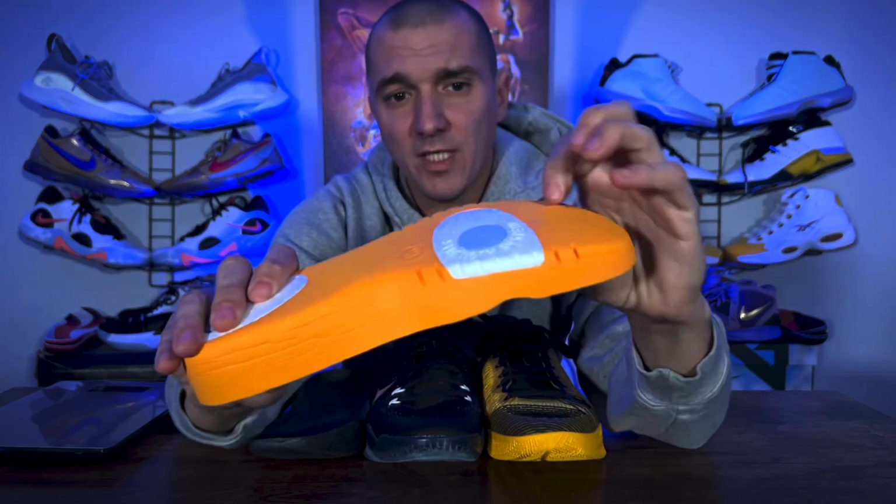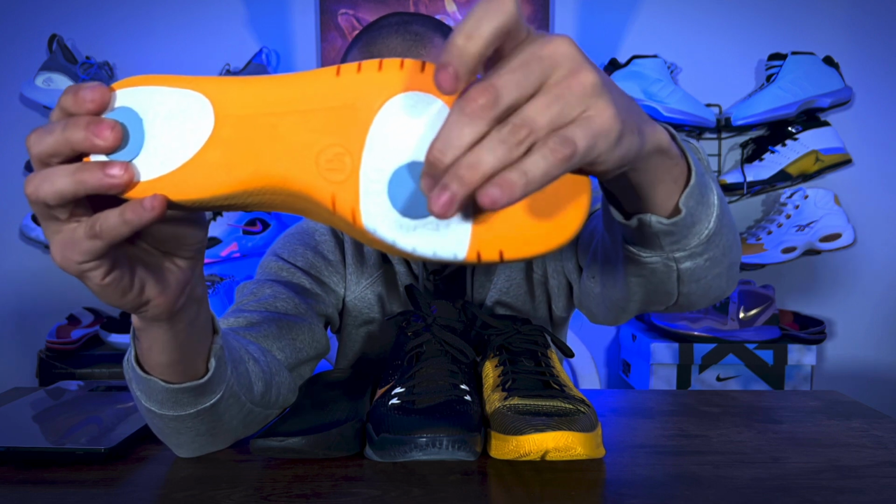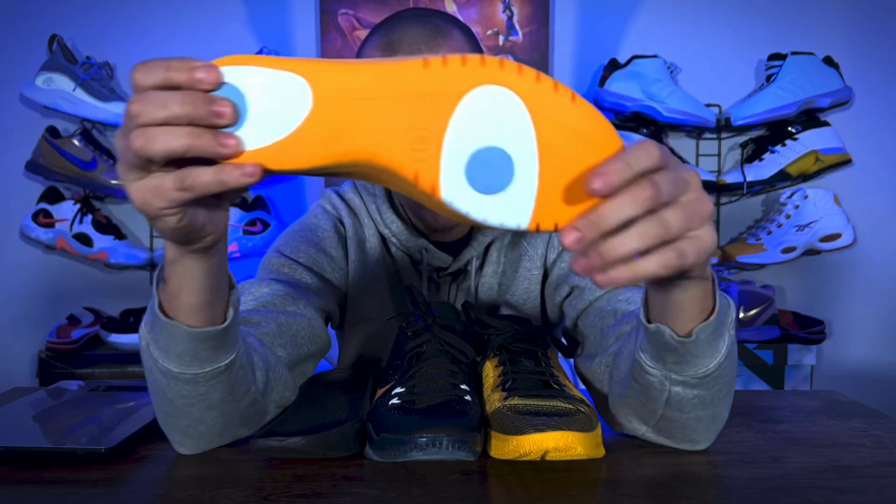I'm a weirdo. I do like the Serious Player Only insert better. We got the white popcorn right there. And then you got the gum right there. That gum is actually very soft. I love that on foot. It does almost feel like air, even though it isn't. So yeah, when it comes down to cushioning on these, I'm gonna have to go with the Serious Player Only. Actually,